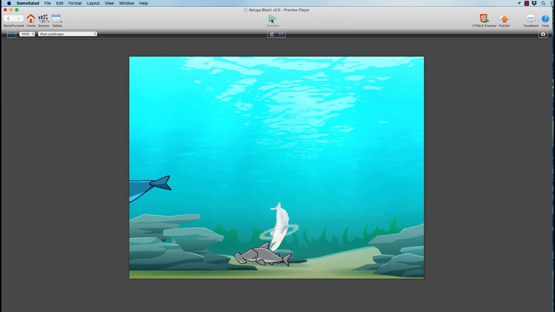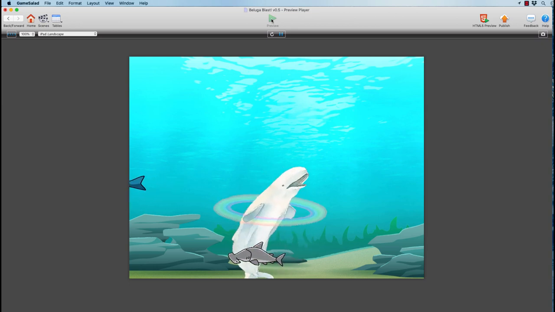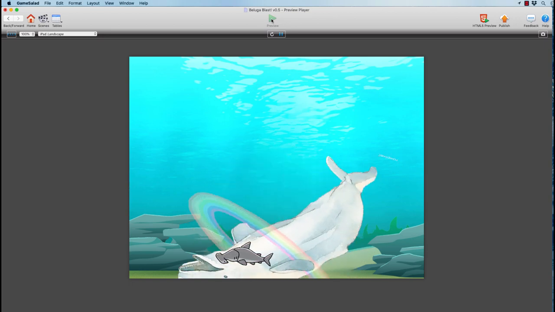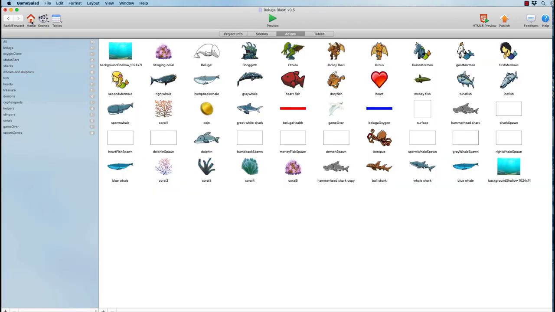So there's our ridiculous Beluga endgame graphic. The game is over when the Beluga runs out of health or oxygen. So I just went and ran into a hammerhead shark, and it took away the last of our health. But we have no way to look at this and say, oh, I had needed to be more careful. So how can we address that and add some kind of a graphic in?